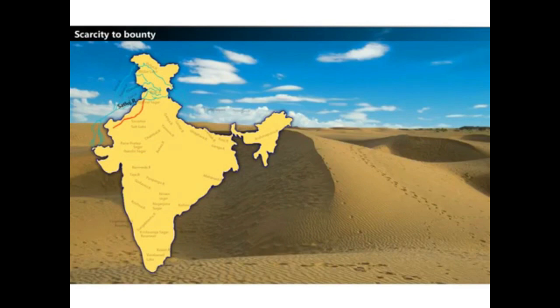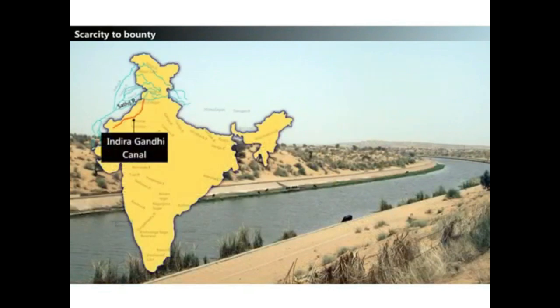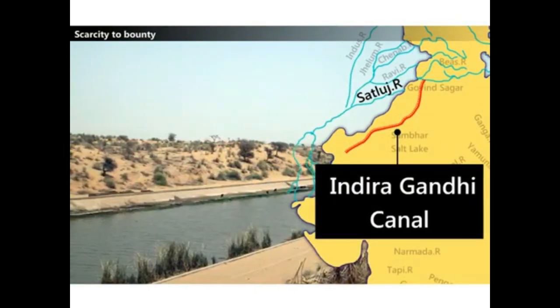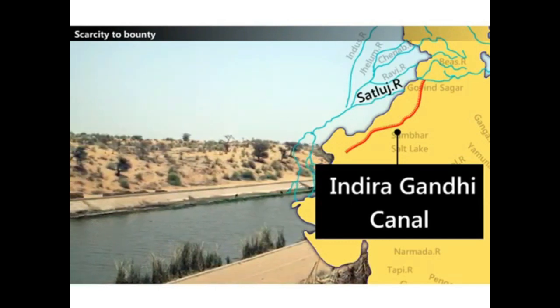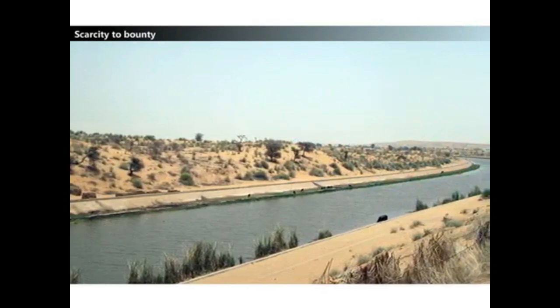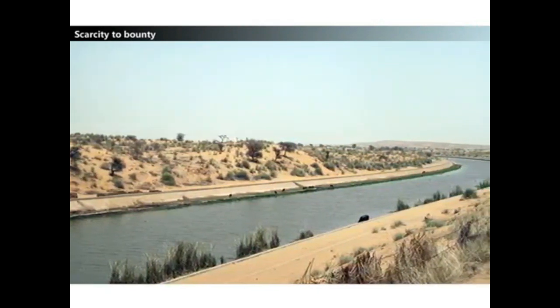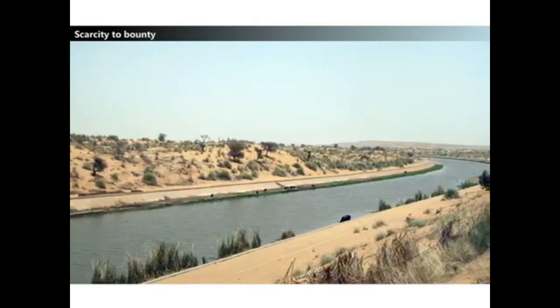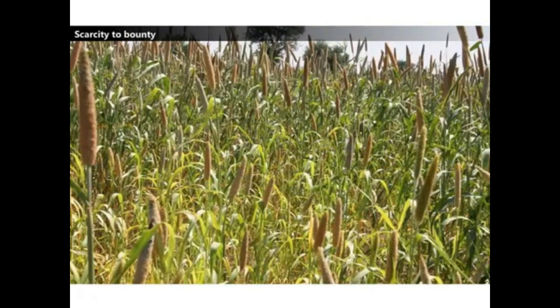Now, let us know one of the important steps taken to overcome water scarcity in dry regions. The Thar Desert region is one of the driest regions of India. The construction of the Indira Gandhi Canal in Rajasthan provides irrigation facilities over a large area in the driest part of the country. The canal has transformed the barren desert of western districts into rich, green agricultural fields.